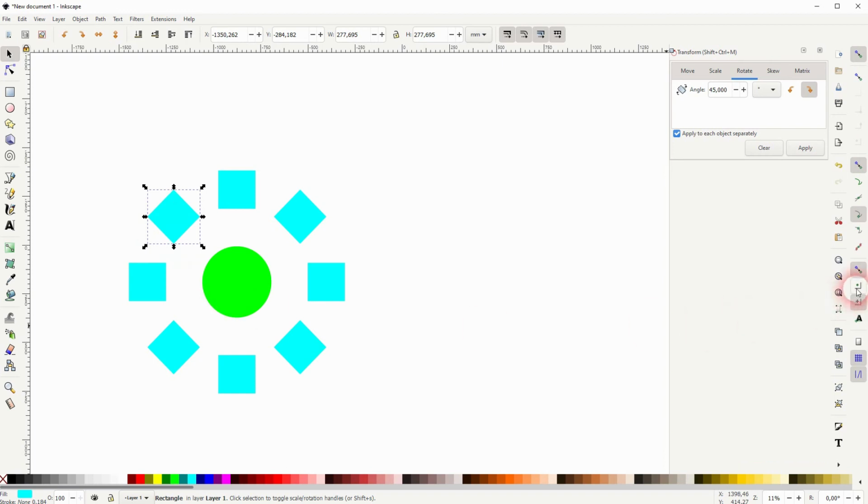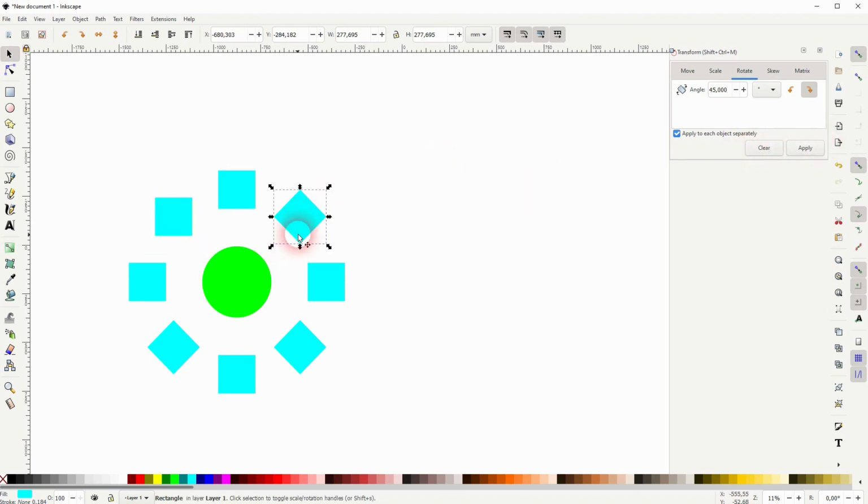So if you look at the rectangles here, we've got 90 degrees and they're all fine. But the ones at 45 degrees, we want to rotate them around themselves. As we know it's 45 degrees, we need to rotate them around 45 degrees once more. Just select one of them and then you need to reposition the plus sign. To have that snap properly, make sure that this icon is active, so snap to the center of an object. Now you can drag the plus sign and put it right in the center of the rectangle and then apply